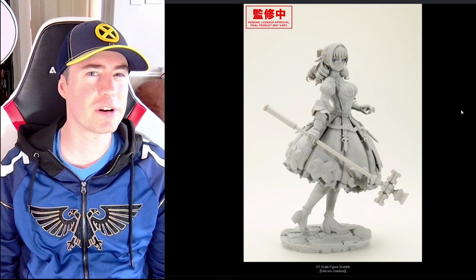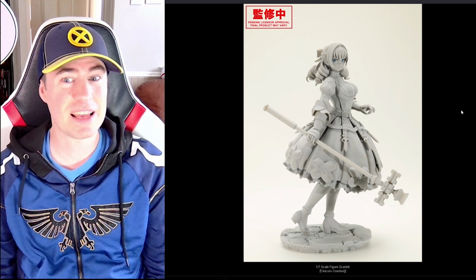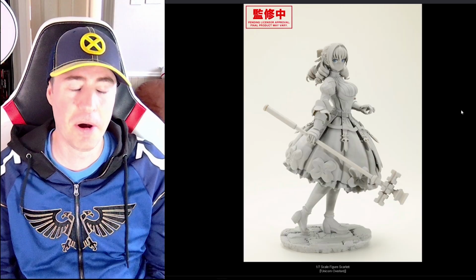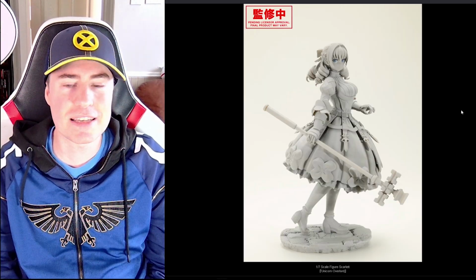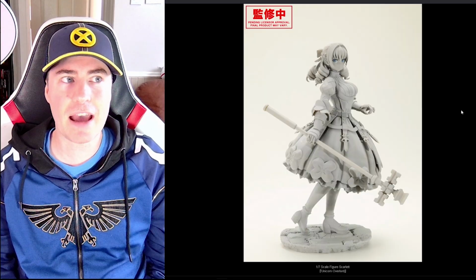I'm very curious how expensive these Overlord figures are going to be, because my spidey senses are telling me I'm just going to get all of them. Like, I don't know how I'll be able to say no to this. I really hope that this company tackles all of them, because I don't want to have to get one from Alter, one from Madhouse, one from Kotobukiya, one from...